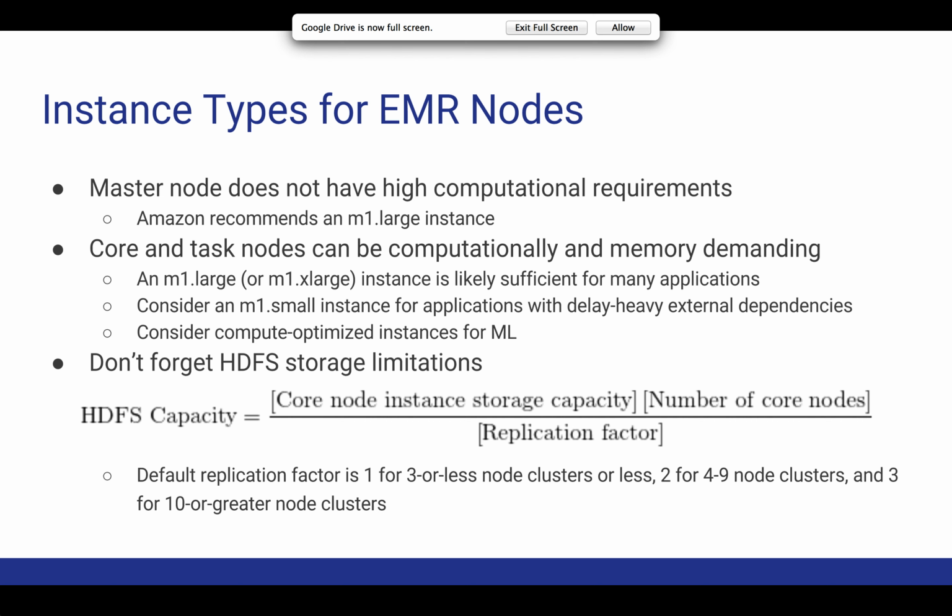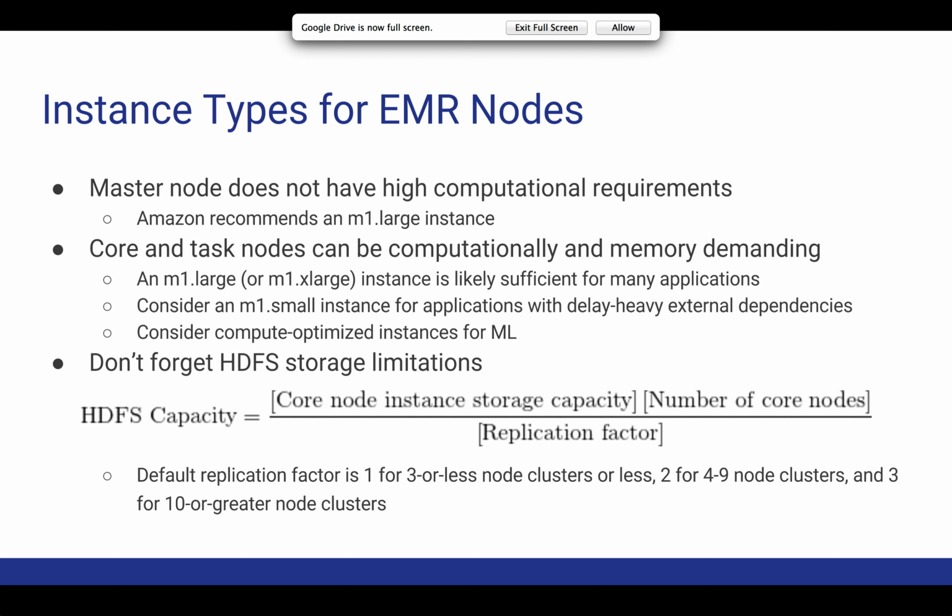The second category, core and task nodes kind of get lumped together, and they both can be computationally demanding as well as memory demanding. So Amazon again recommends an M1 large, but if you find that you're being a bit resource starved, you can always go to something larger like an M1 extra large,